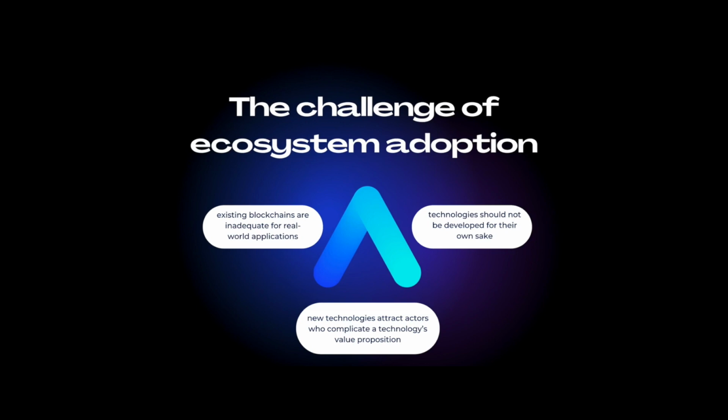First of all, existing blockchains are inadequate for real-world applications. For example, the notion of building smart contracts, mixers and dark pools on Ethereum remains a flop. Without privacy, these applications cannot fully protect user activity. Second, technology should not be developed for its own sake. To us, a technology is worth developing when it solves a real-world problem. Instead, many blockchains are built as solutions in search of problems. We believe you have to start from the user experience and work backwards to the technology. The best technologies are easy, even joyful to use, and make the real world better.